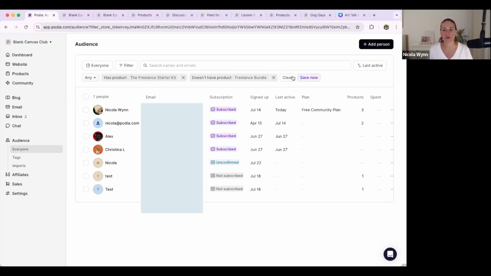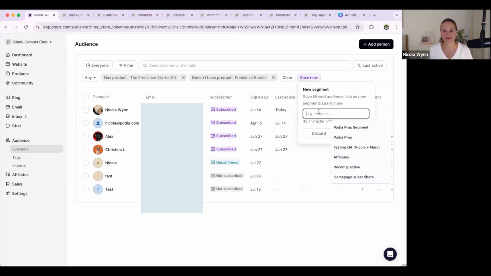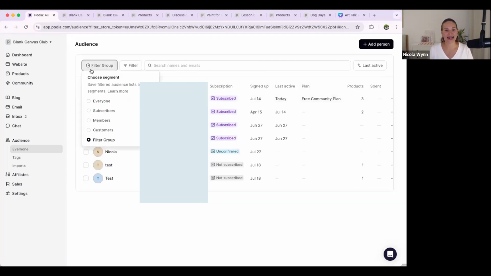So that's how that any and or works. Now, if you have a filter group that you like, and I think this is a question we just got in the chat, if there is a filter group that you want to keep track of, you can click Save New filter group, and you can save that. And now it's going to be available here. And this is going to carry over to your email as well. So you can just email this filter group if you want, and you can click in and edit, rename it,